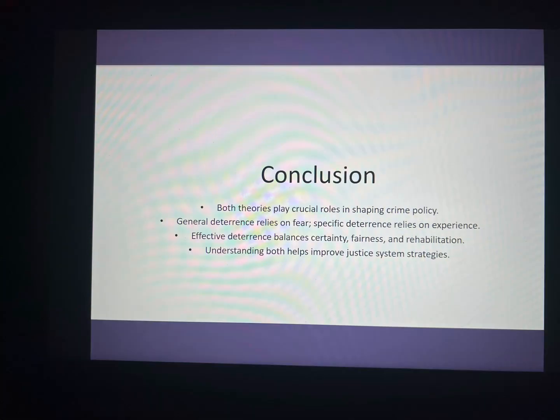In conclusion, general and specific deterrence each play a critical role in reducing crime. General deterrence works through fear of punishment, while specific deterrence works through personal experience. The most effective justice systems use a mix of both, ensuring that punishment is certain, fair, and balanced with opportunities